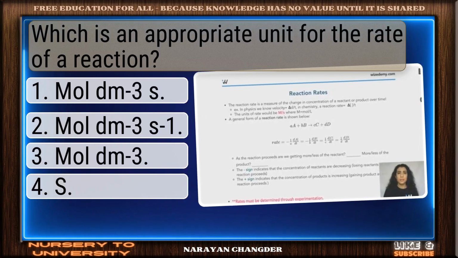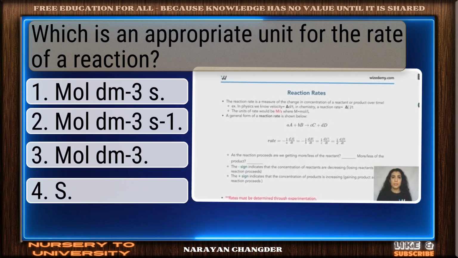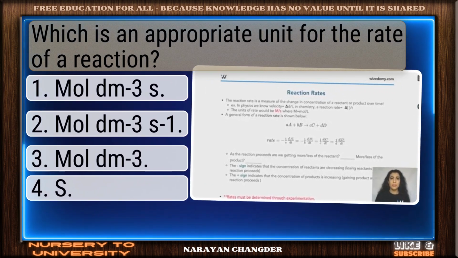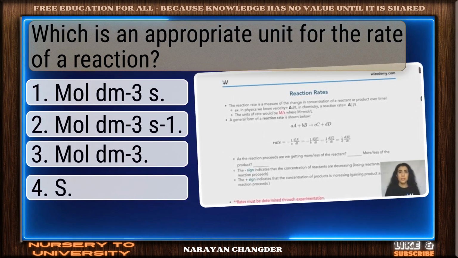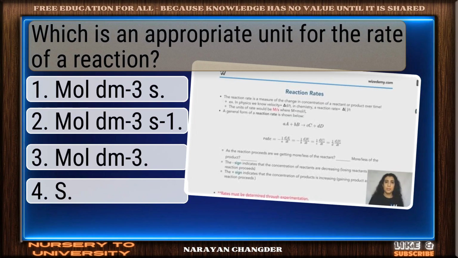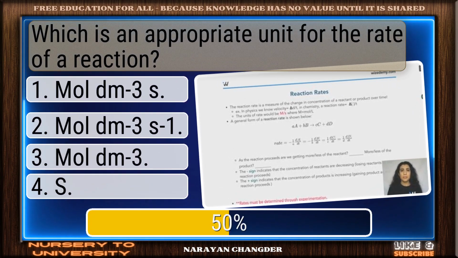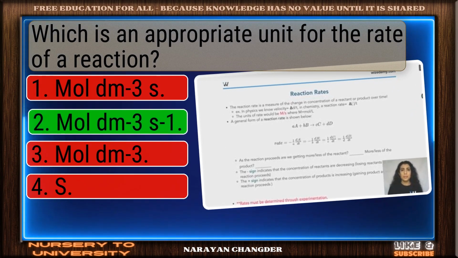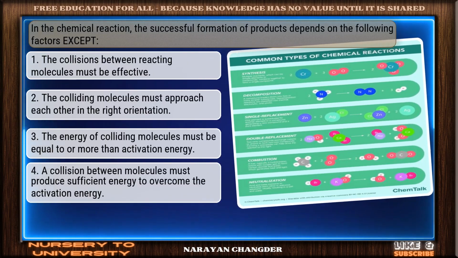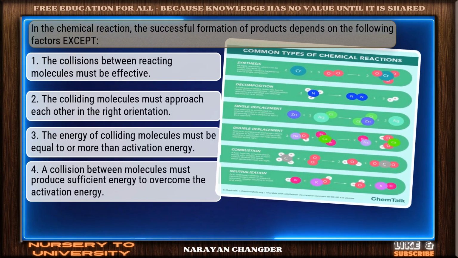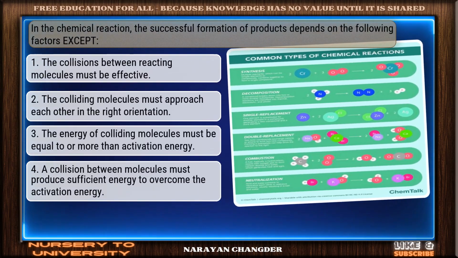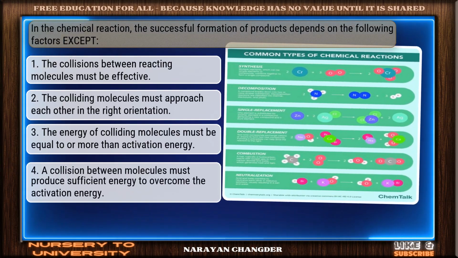Which is an appropriate unit for the rate of a reaction? Option 1, mol dm^-3. Option 2, mol dm^-3 s^-1. Option 3, mol dm^3. Option 4, s. Mol dm^-3 s^-1, well done. In the chemical reaction, the successful formation of products depends on the following factors except